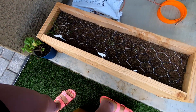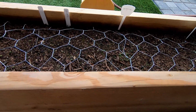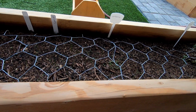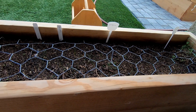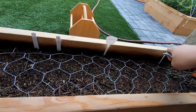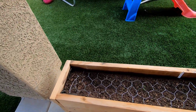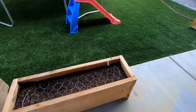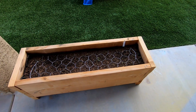these 2 front planters. I feel like I never ever include these in videos, but this one right here, I have herbs growing in that tend to take over, like oregano, chive, spearmint. I also have some peppermint seeds that I picked up from Lowe's, so I'm going to go ahead and sow those here, that way these don't take over my other garden beds and wreak havoc on my other plants. And then for this one, I actually have more flowers growing here, which I should have just done more symmetrical and maybe planted the same things on both planters, but